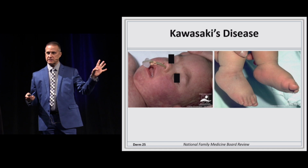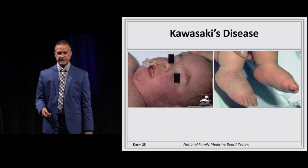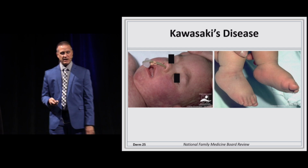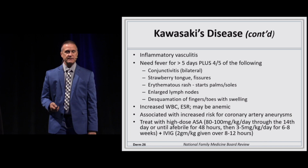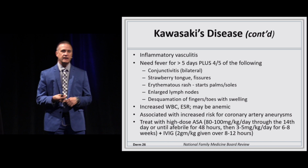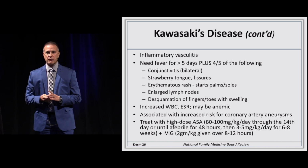Anybody see Kawasaki's disease this year? Kind of goes in cycles, doesn't it? This, again, you see a sort of nondescript red rash on the face. You can see edema here on the bottoms of the feet. These kids can be pretty sick. It's an inflammatory vasculitis, and to make the diagnosis of Kawasaki's disease, you need to have 4 or 5 of